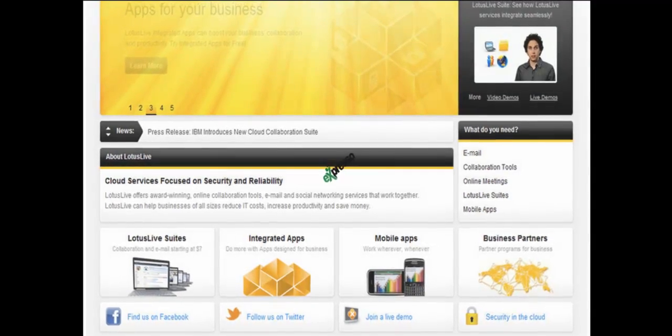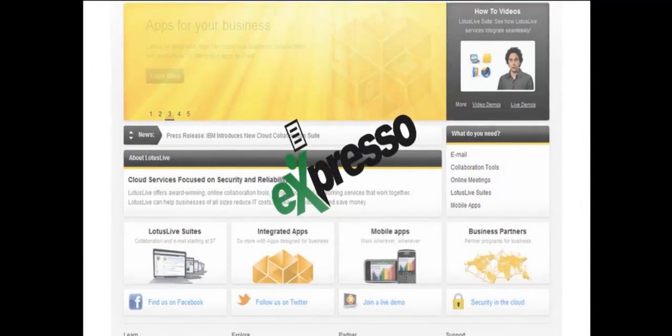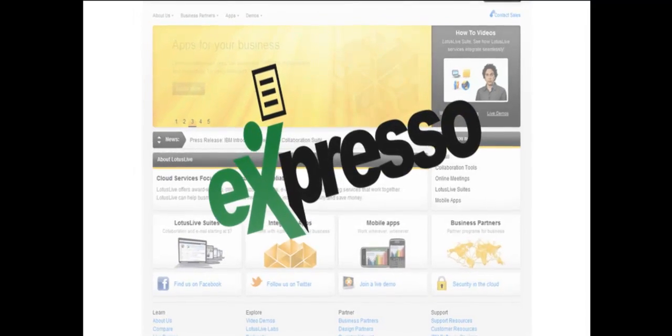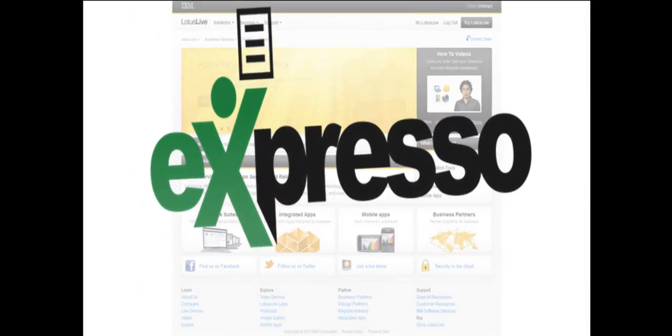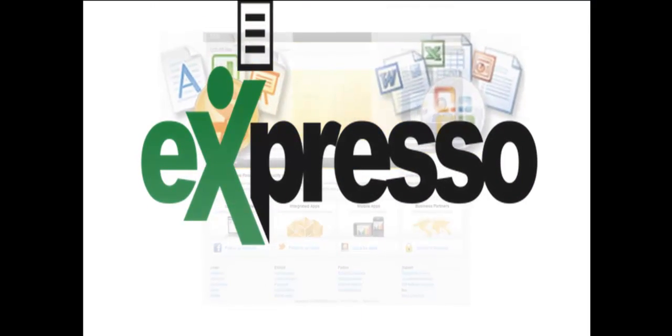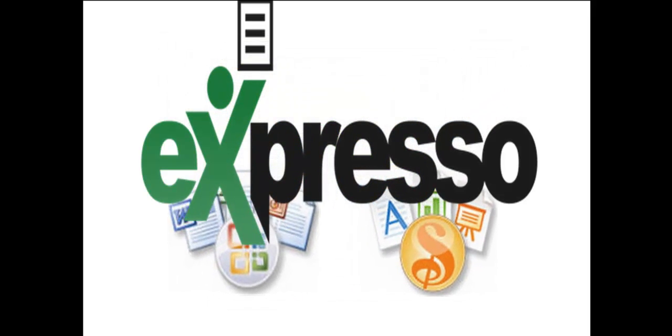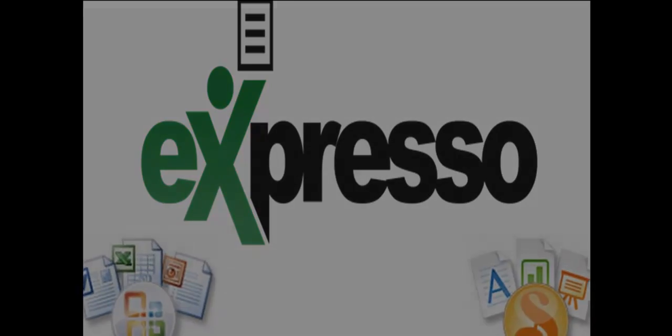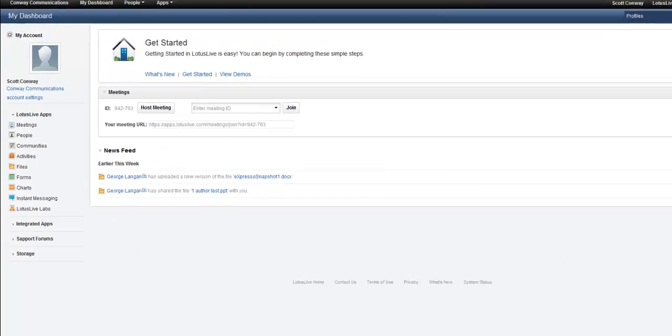Benefiting from eXpresso is very easy, but like anything else you haven't used before, a brief tutorial can be helpful. Let's take a few minutes to cover how to upload and edit a file, and how to collaborate and make changes with multiple users. Once I've logged in and arrived at my LotusLive dashboard, I click Files to see all